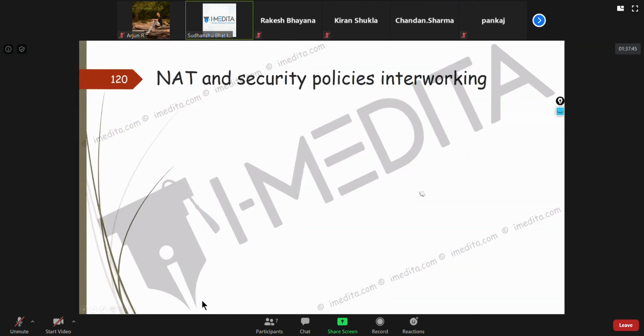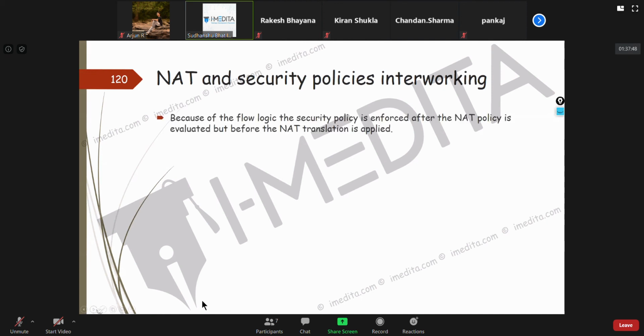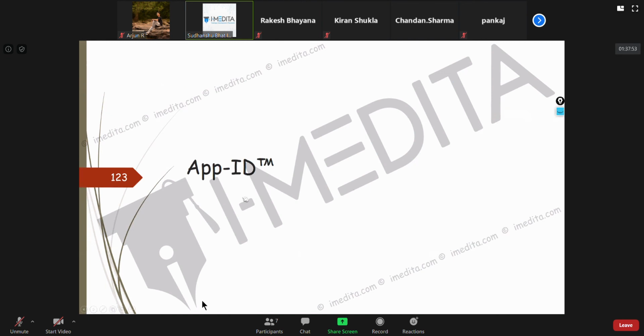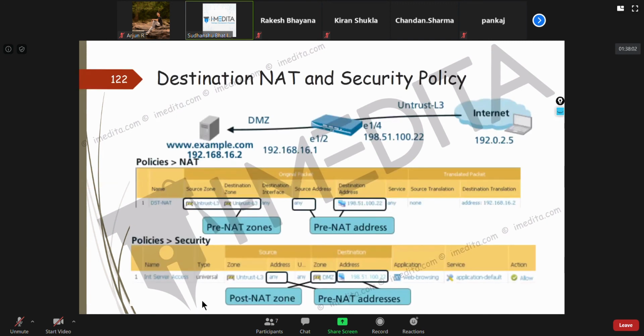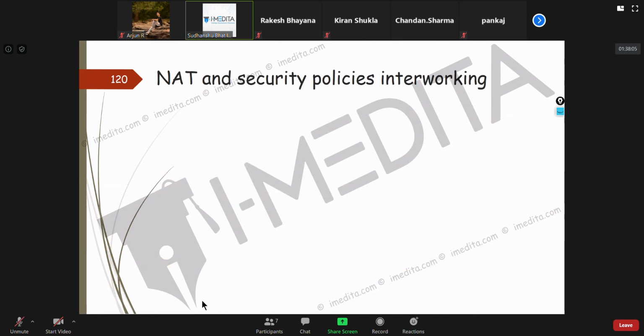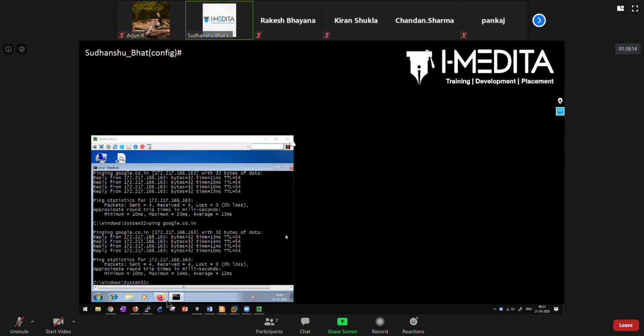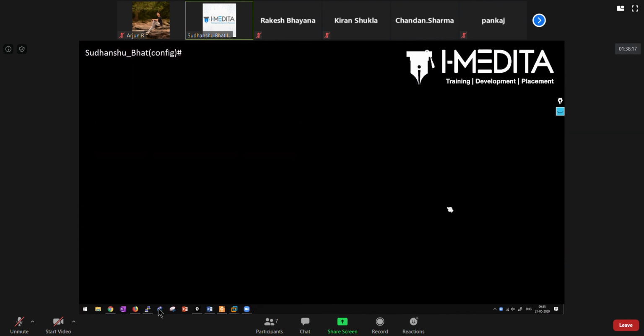Fine. So we'll discuss this tomorrow. And once I finish that, then I'll start with App-ID. Most likely we'll start with App-ID as well tomorrow. This is just we need to discuss how these two work with each other. But before we go that way, you should have a solid foundation of NAT as well as security.